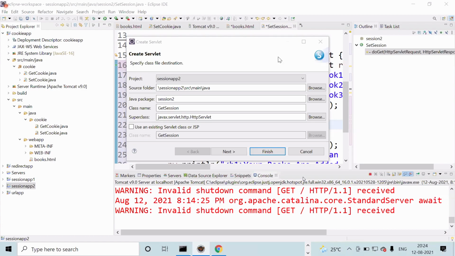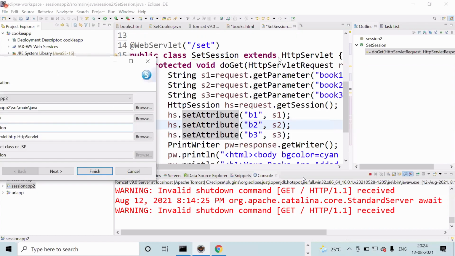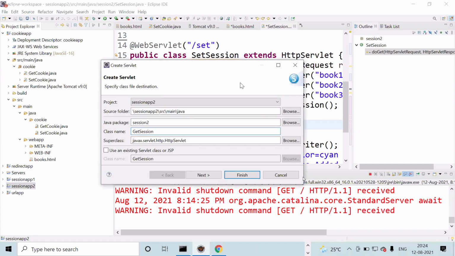Same program, only the session tracking method I'm changing. Whatever you studied previously, same program. In the previous program we created a cookie. Here we are creating a session. That is the only change. Third program this is. Yesterday and day before yesterday programs you have seen, same books program, no change.